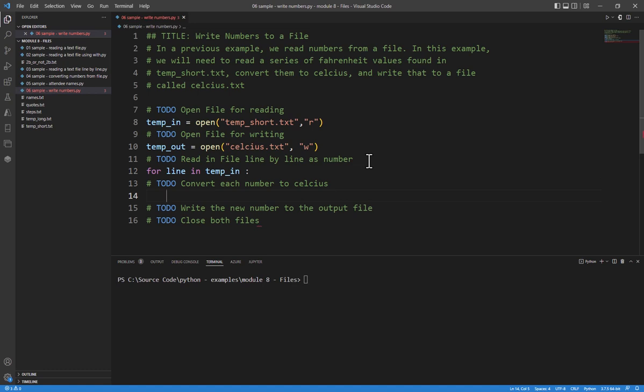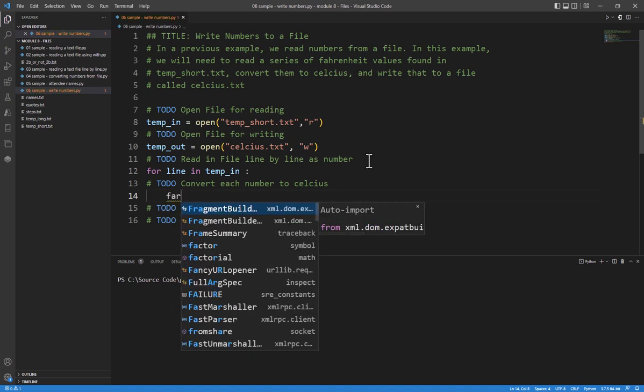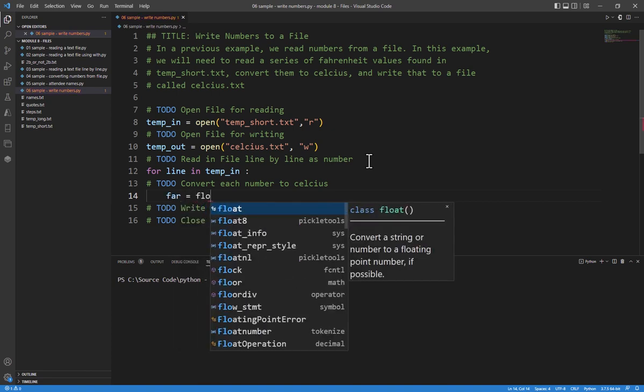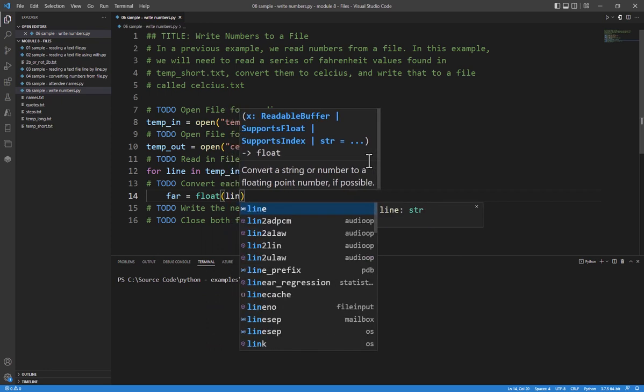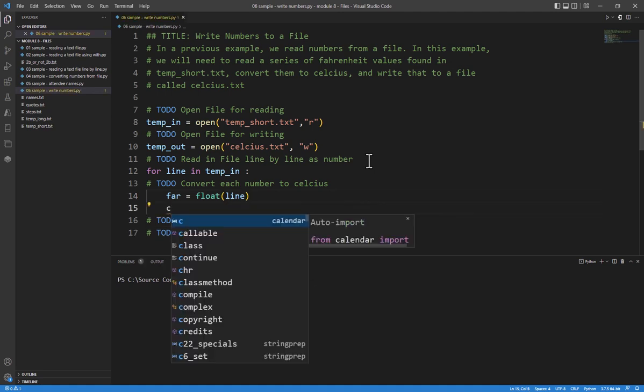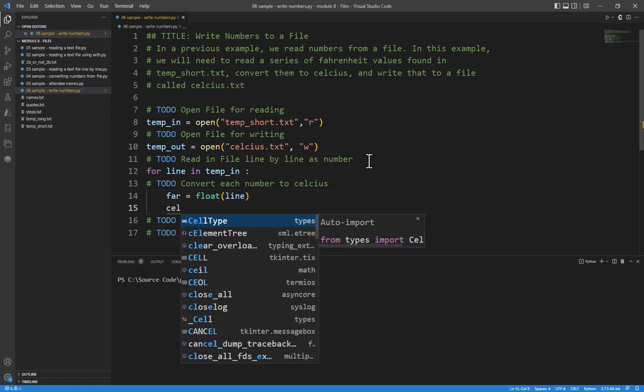So I'm going to say var, short for Fahrenheit, equals float line. This is because I don't know if I'm dealing with floating point numbers or integers. I want it to work for both. Then I have Celsius